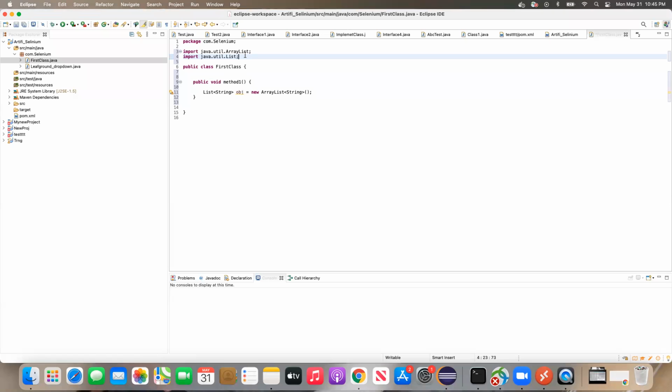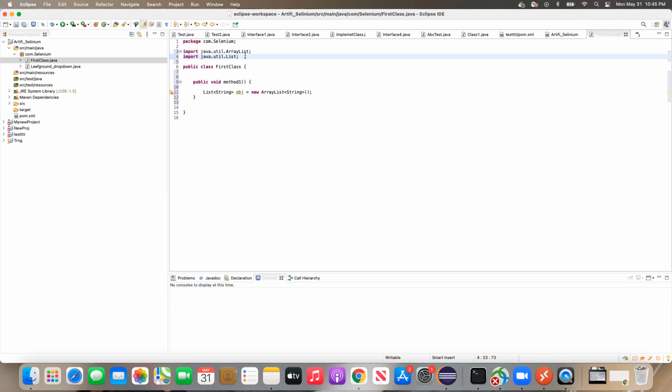As I was saying, if we import some Java package, then whatever methods and classes are inside it will work here too, as we are importing the whole package. So if you import a package, you get whatever is inside it: interfaces, classes, everything will be available here. That is clear.